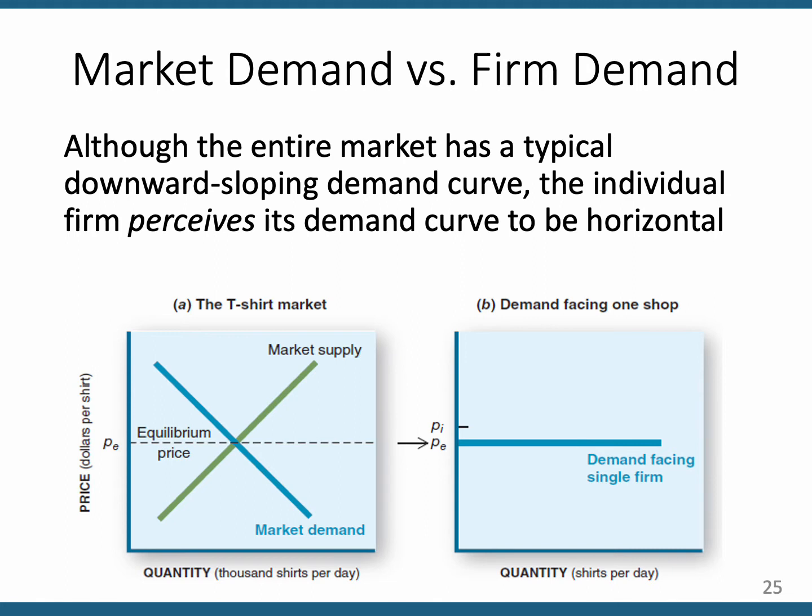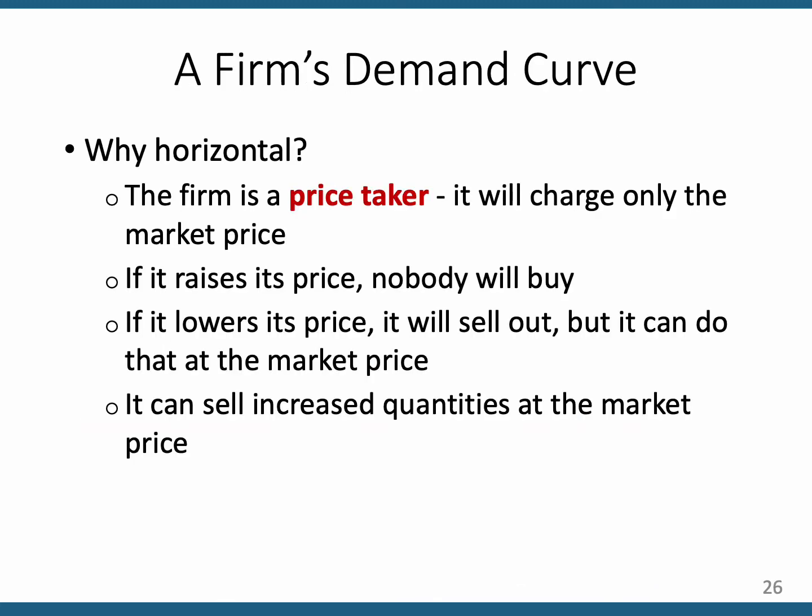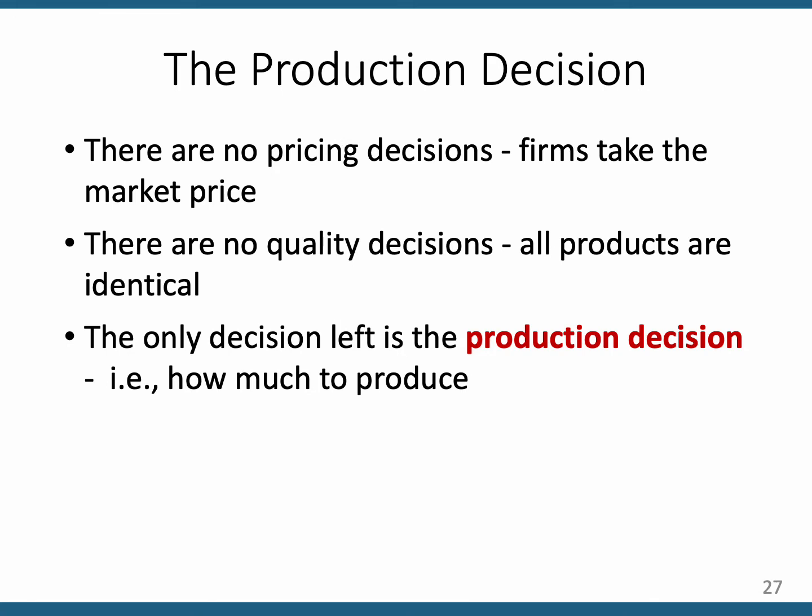So this is a case where the seller is a price taker, and so the demand curve is horizontal. This only happens with pure competition. And again, this is an explanation of why the demand curve for the individual firm is strictly or completely horizontal. So then there's no question in the seller's mind of what price to charge. The only question is, how much should we produce?